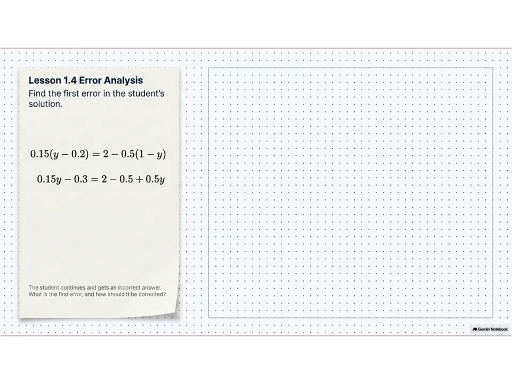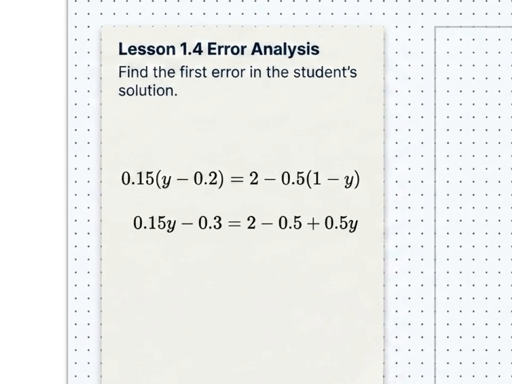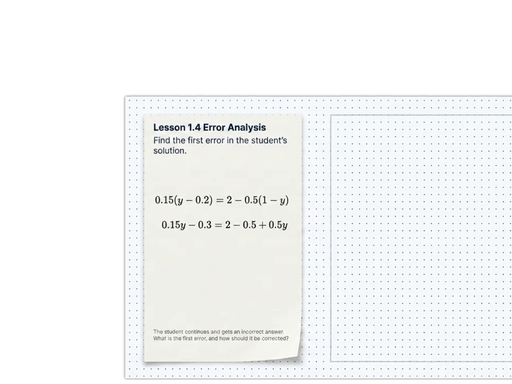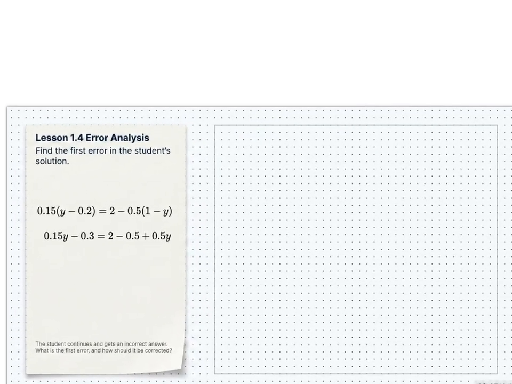Okay, we're going to first take a look at this error analysis. So the student has done this problem and they did one step, but they did it incorrectly. The best way to do these problems is just to write out the problem as it is and then see what mistakes they made. So if I write out this problem,